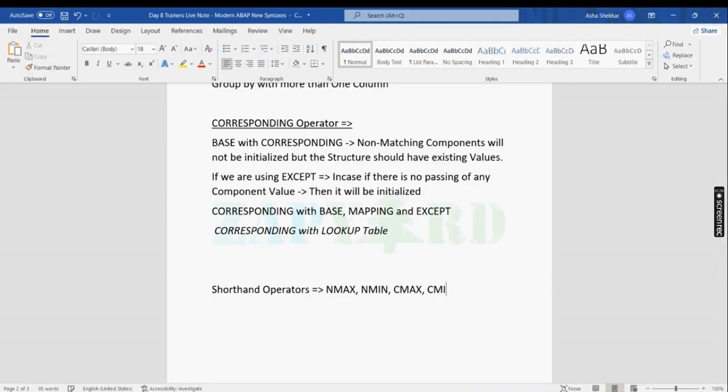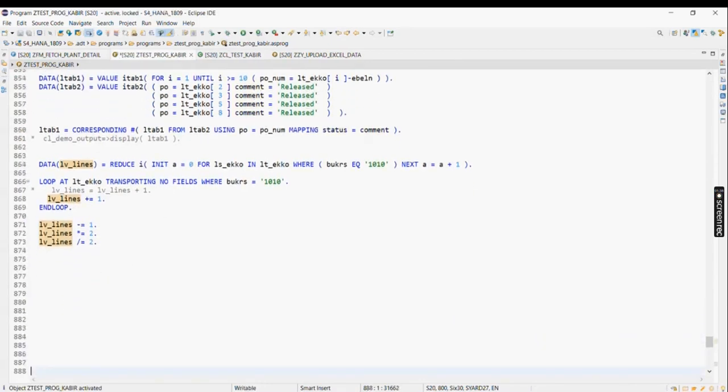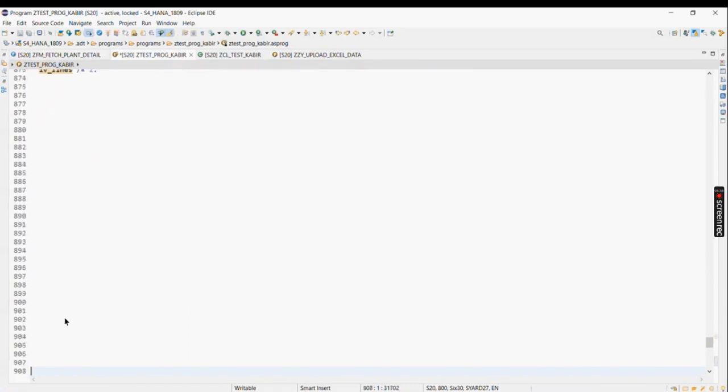Up to this point, any doubts? Let's move ahead. Okay. So what we will do now is that